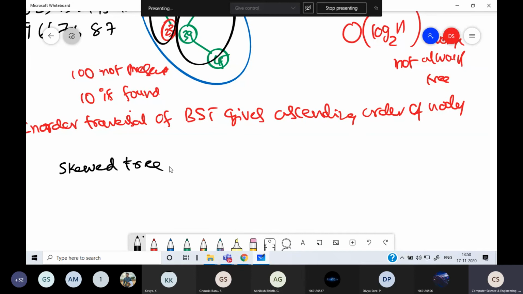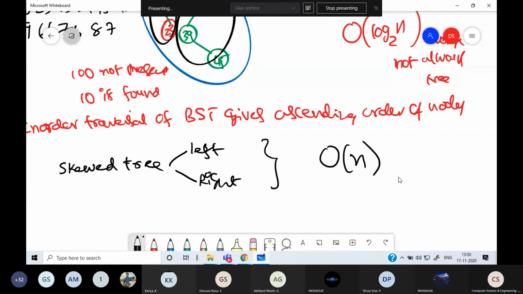So if the tree is left skewed or right skewed, then the search time is order of n. So this is the worst case.